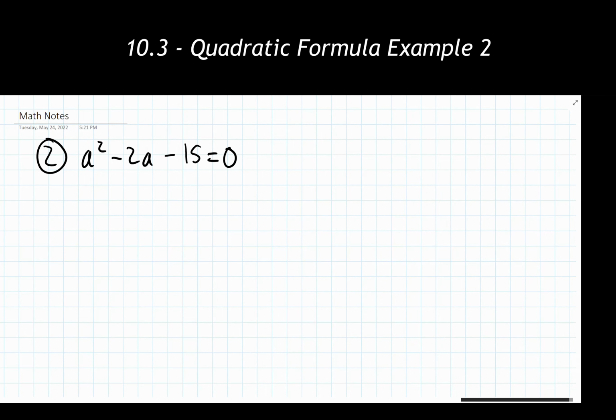Looking at example 2, we are starting off with a squared minus 2a minus 15 equals 0. So I wanted to throw this one in because a lot of people will think, well, I've been given a as my variable, so how do I determine which a I'm using for my a value in the quadratic formula, and which one is a the variable that we use inside of here? It's a great question, and we're going to do just a little bit of organization in that process for ourselves to make that a bit clearer. But really nothing is going to change, it's just a slightly different variable that we are using for this problem.